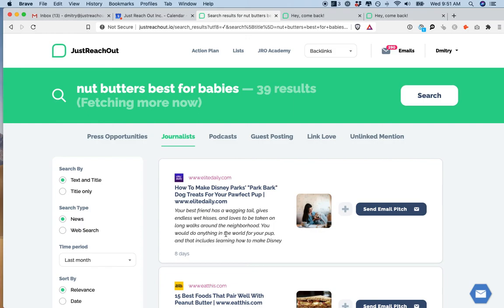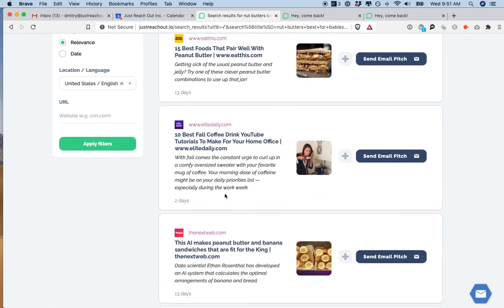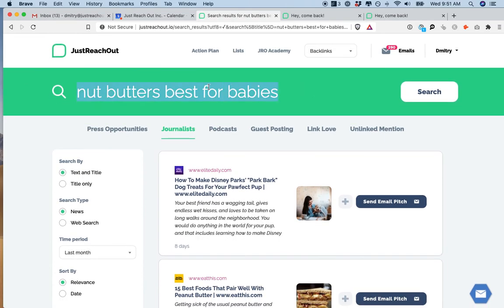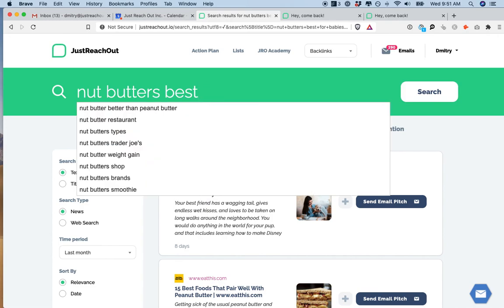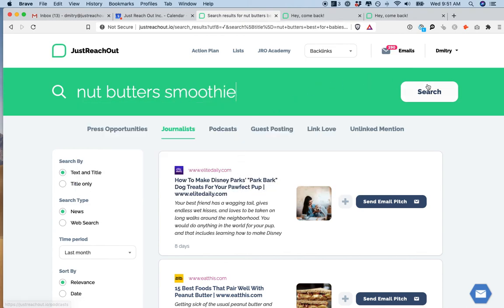It's a sort of a process. As you start searching more and more, you'll see what journalists are asking about in press opportunities or covering, so you can figure out which terms to put in here. I would experiment continuously, keep changing the terms to see what comes up as results, and which other suggestions come up here, right?